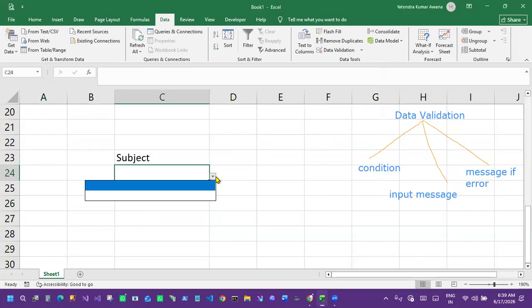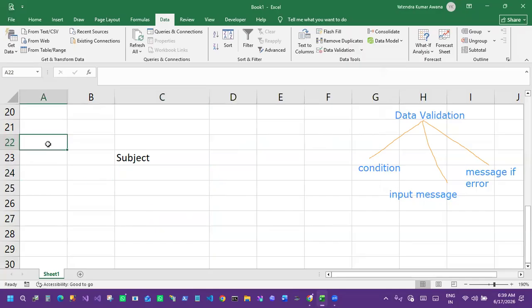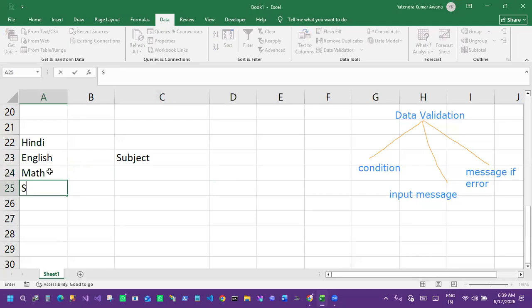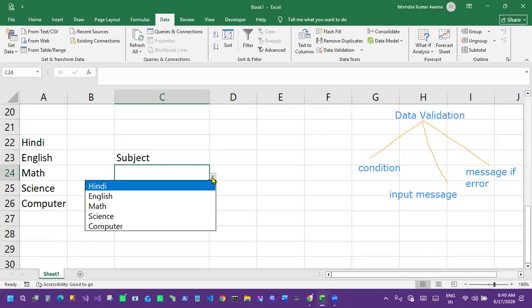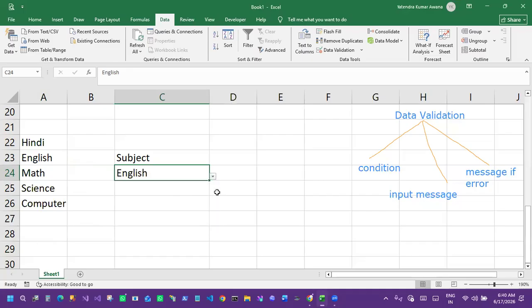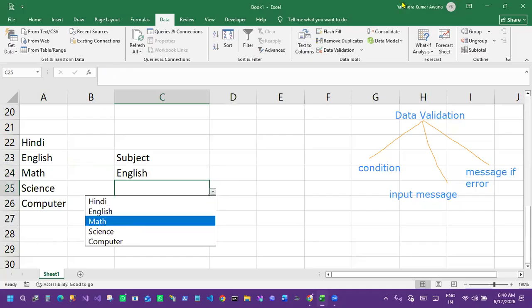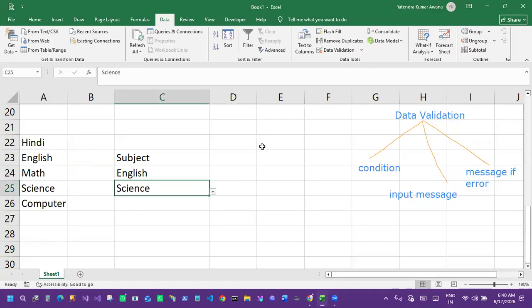Yes. So here nothing is there, but if I type English here and now try here, it is coming, right? So we can also do this. You got this point, right? So we can use this without any problem. So this was data validation. Do you understand data validation?